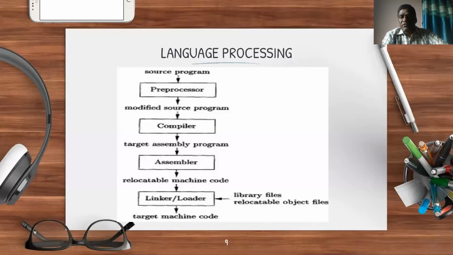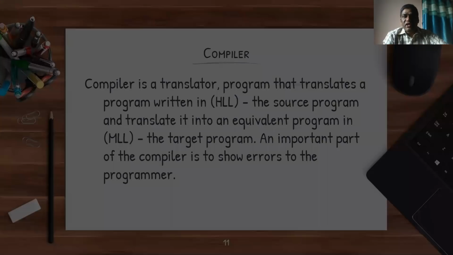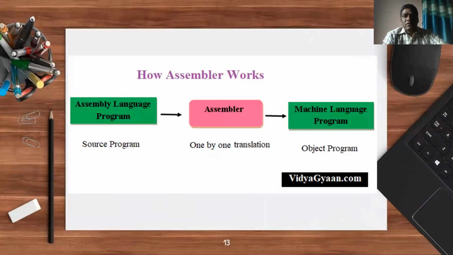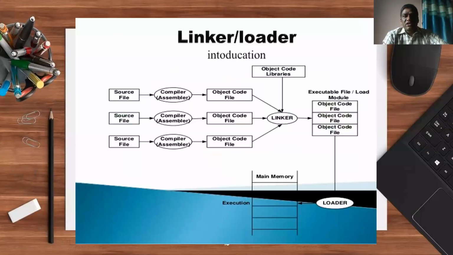So once everything is properly linked, your machine code is now ready for execution. The main job of the linker is to link all the required files needed for execution, right? If you look at this diagram, you will understand what exactly the linker is doing. There are several files. For example, I have included a source file, another source file, another source file, and this is actually my program, but I need all the